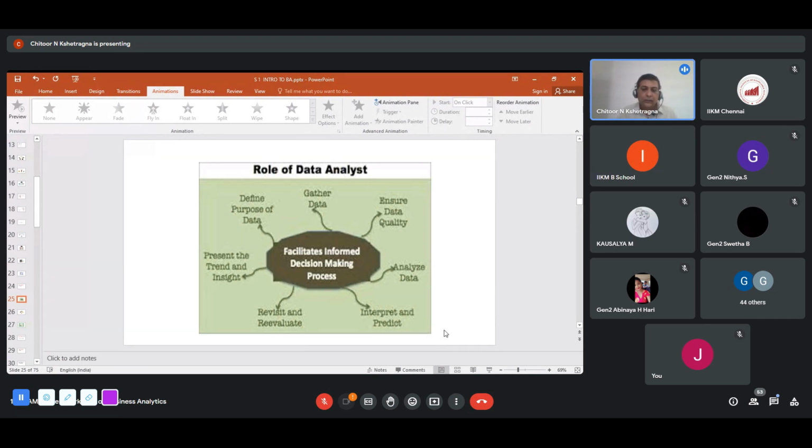Right, if you're trying to find a pattern. For example, Domino's Pizza on a Saturday evening. I got 20,000 people's data for the entire Chennai. So I'm quickly finding out that people are buying cheese burst pizza. I'm giving an example. Lots of cheese is what people are preferring. So based on this, I'm interpreting and predicting. Next Saturday, next Sunday, hopefully they'll come and buy. That will help Domino's produce more such cheese burst pizzas. And then you present the trends. This is what a data analyst does.